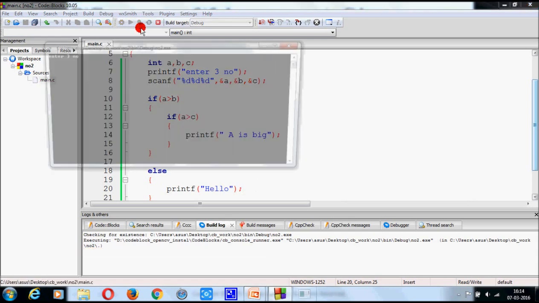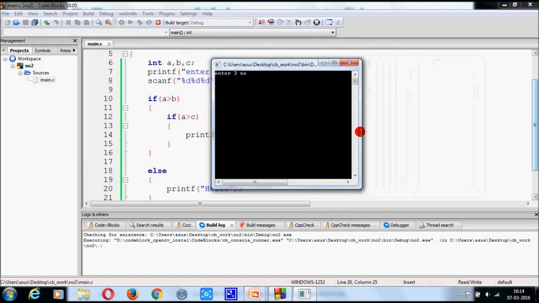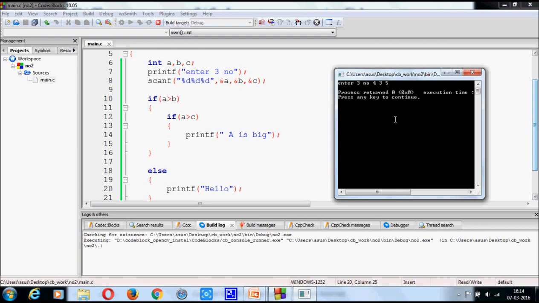Now run this program again. Now see the input. Here A is greater than B. This condition is not true.